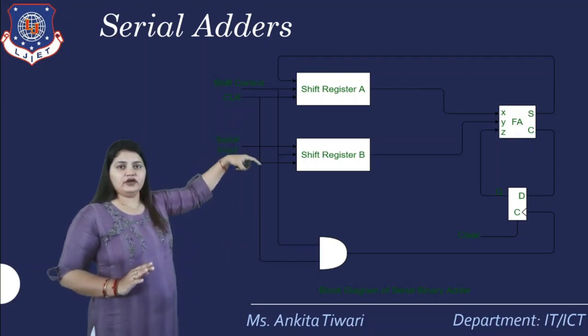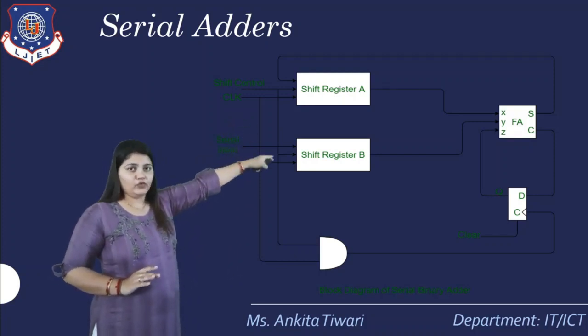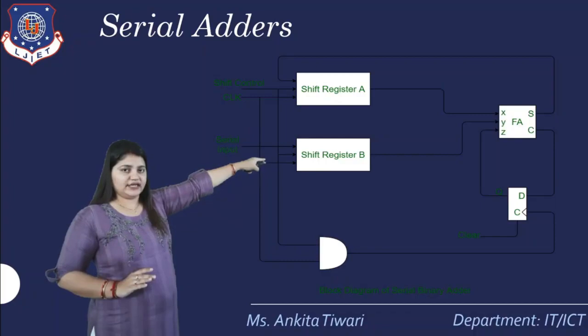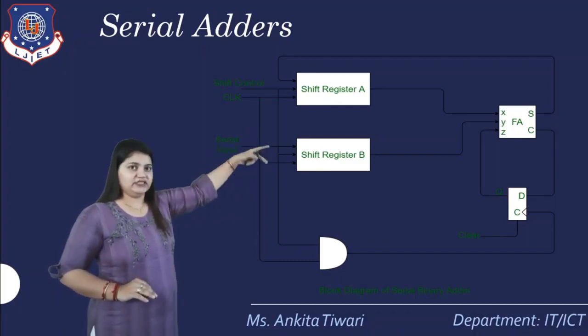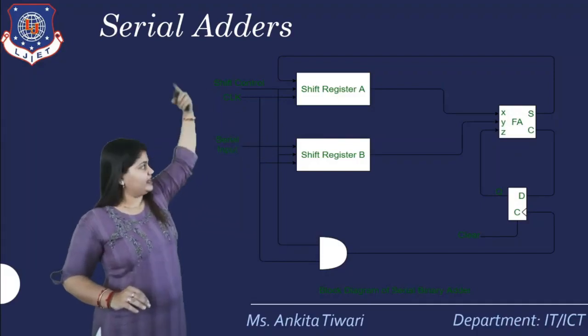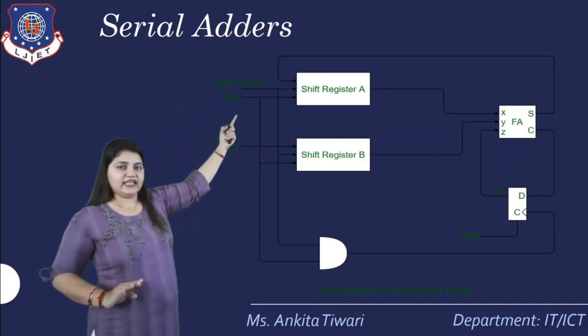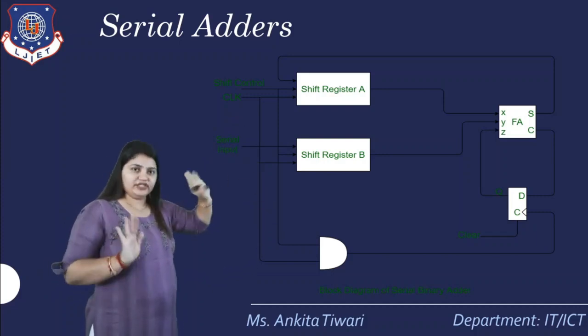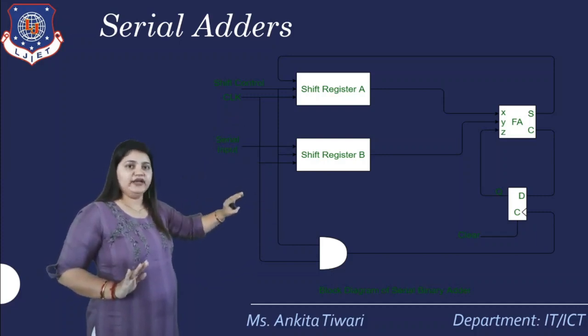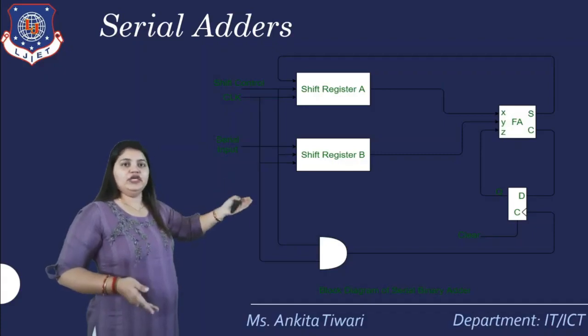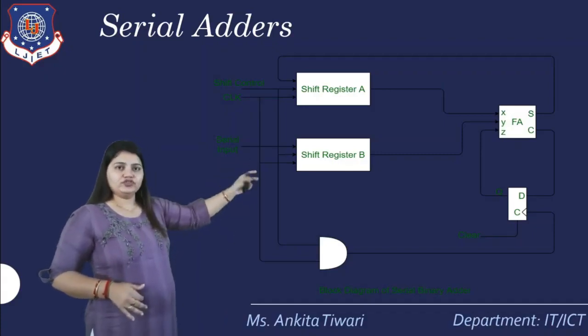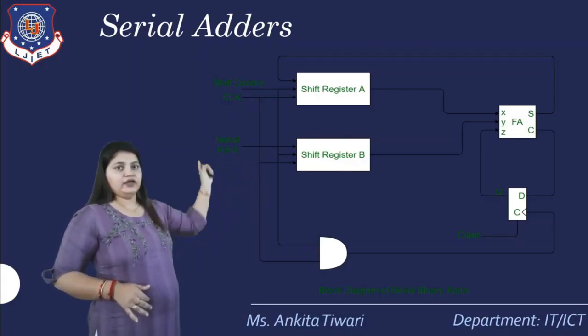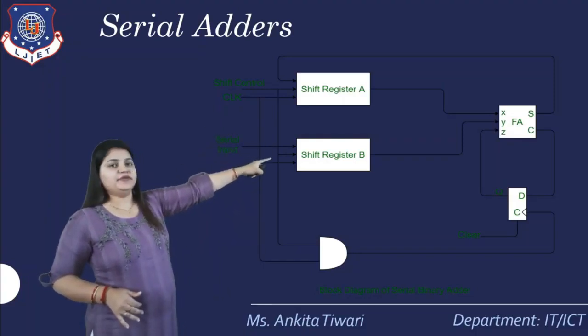So first of all the clock will be done and we'll perform the circuit, and we'll get X and Y, we'll get sum and carry. See, the sum which is taken is carried forward to the A itself, that means it is stored, and the carry which is carried forward to the D input is stored, because it should be applied another time to the Z value. So as you can see from there, the Z value is being transferred.